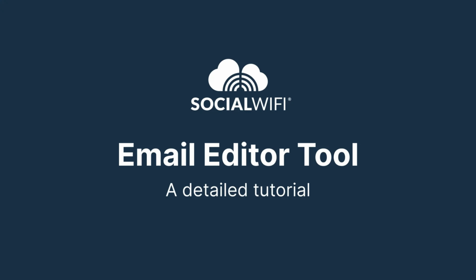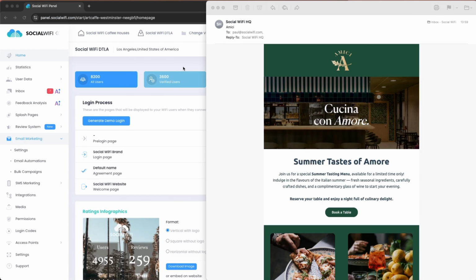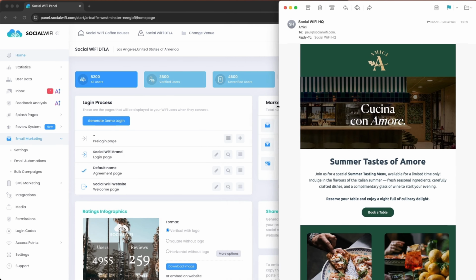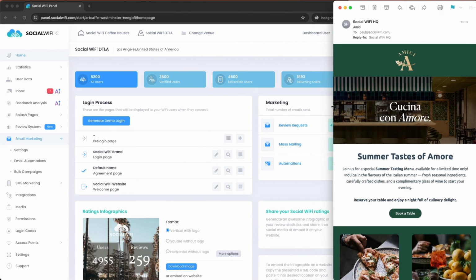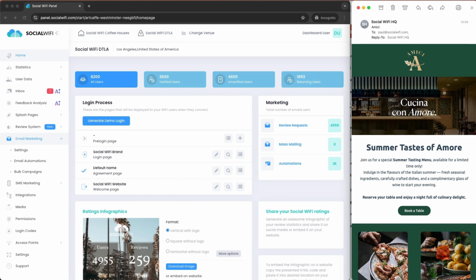Okay, Social Wi-Fi has a new email editing tool, which we are going to show you how to use quickly and simply in this short video. On the right of the screen, you will see that we have an example email that we've put together. And on the left side of the screen, we have the Social Wi-Fi dashboard where we will create this email